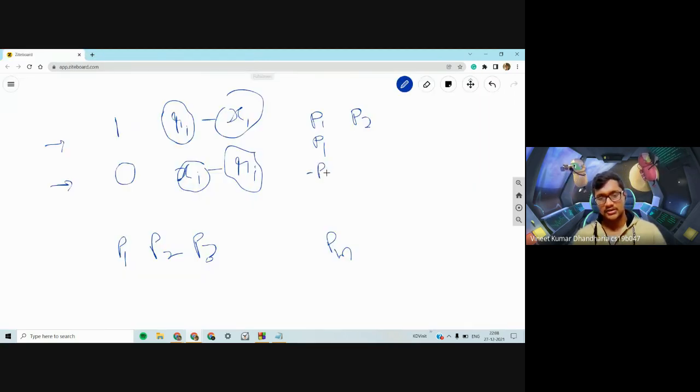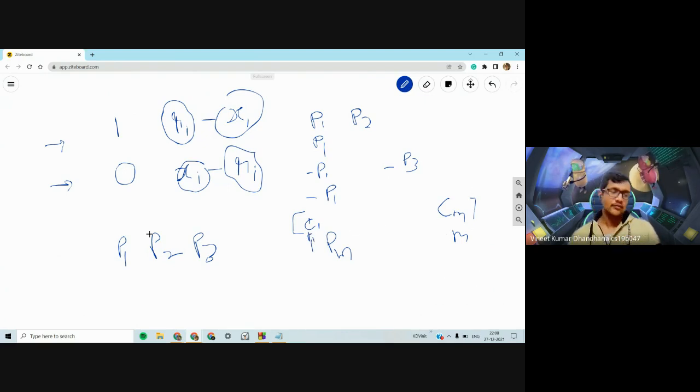Minus P1 for the third student, minus P3, and minus P1. So this would be the score which we'll get, and we can take the summation over all the students. And thus, for each of the questions from 1 to m, we will get a coefficient, say C1 to Cm, and thus our final surprise value would be C1 into P1, the score of problem 1, plus C2 into P2, and so on up to Cm into Pm.